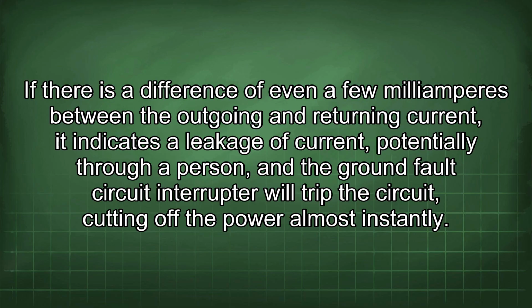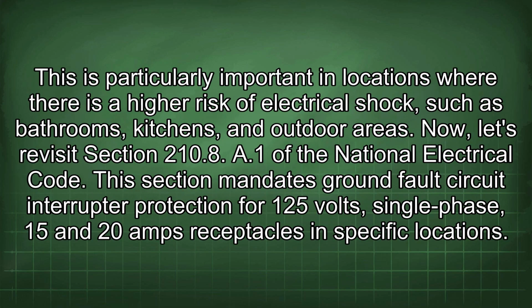If there is a difference of even a few milliamperes between the outgoing and returning current, it indicates a leakage of current, potentially through a person, and the ground fault circuit interrupter will trip the circuit, cutting off the power almost instantly. This is particularly important in locations where there is a higher risk of electrical shock, such as bathrooms, kitchens, and outdoor areas. Now let's revisit Section 210.8(A)(1)